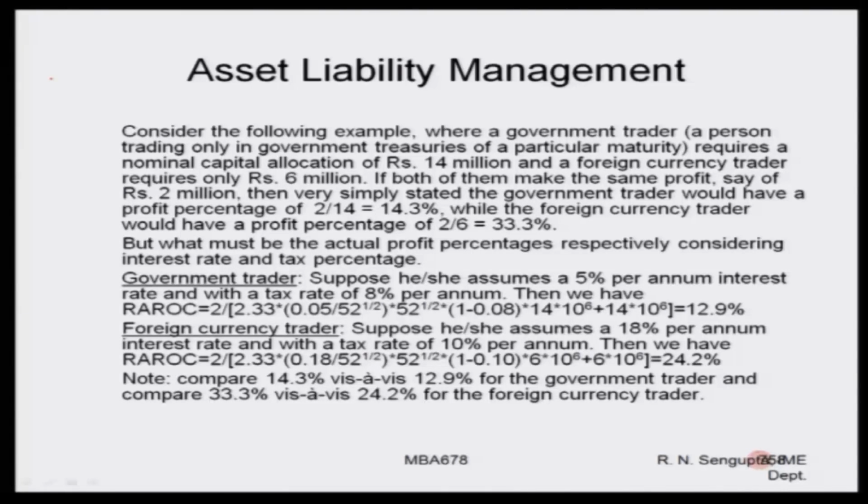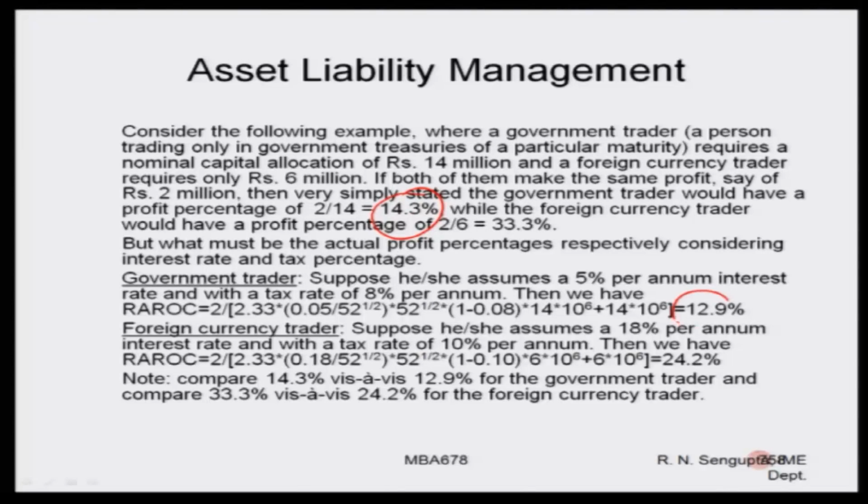So, for the government trader, suppose 5% per annum is the interest rate and the tax rate is 8%, while for the foreign currency assume 18% per annum and the tax rate is 10%. If you calculate, you will find it is 12.9 for the government and 24.2 for the foreign. So, note that you will be comparing 14.3 with respect to 12.9,